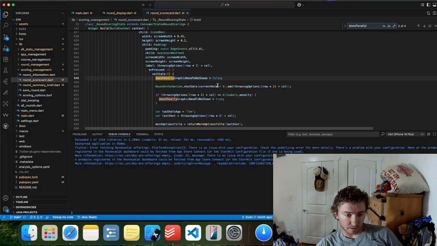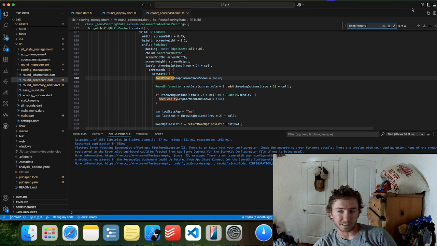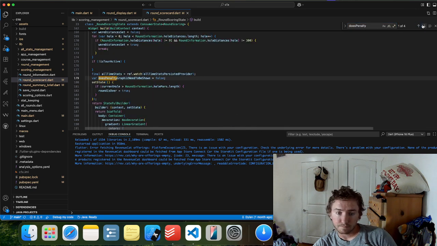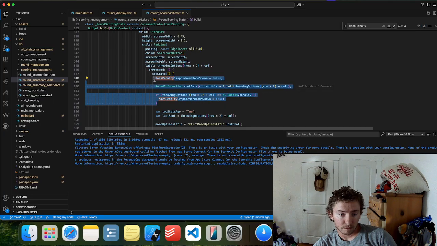All right, does penalty graphic need to be shown? And I think I'm just not updating that on the undo button at all. Yeah, definitely not. If throwing options. Times 2 plus call.